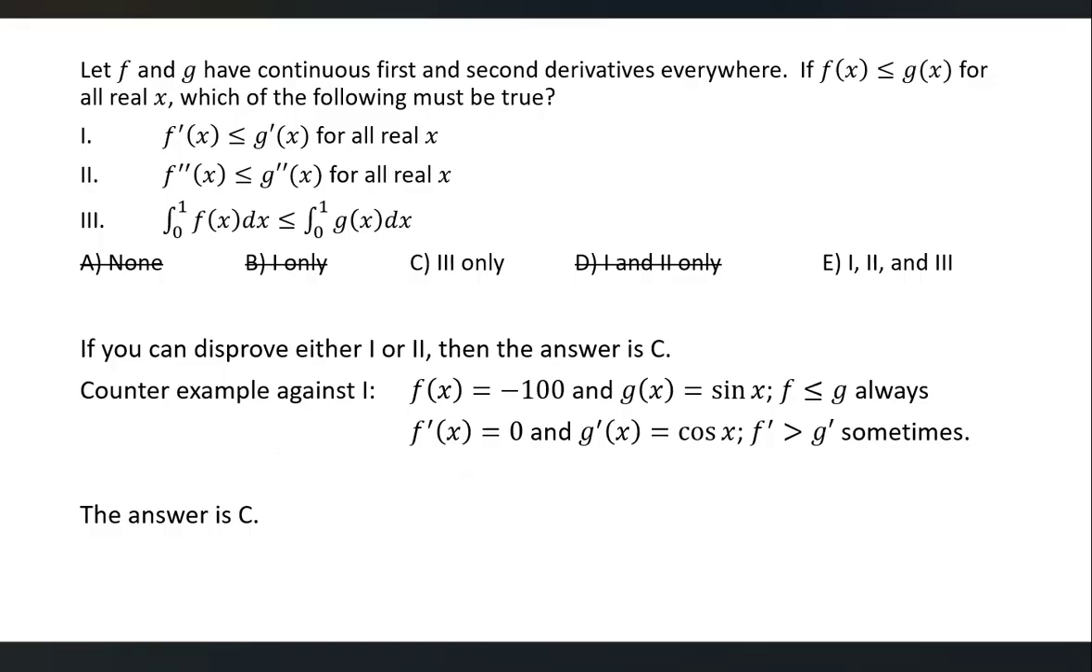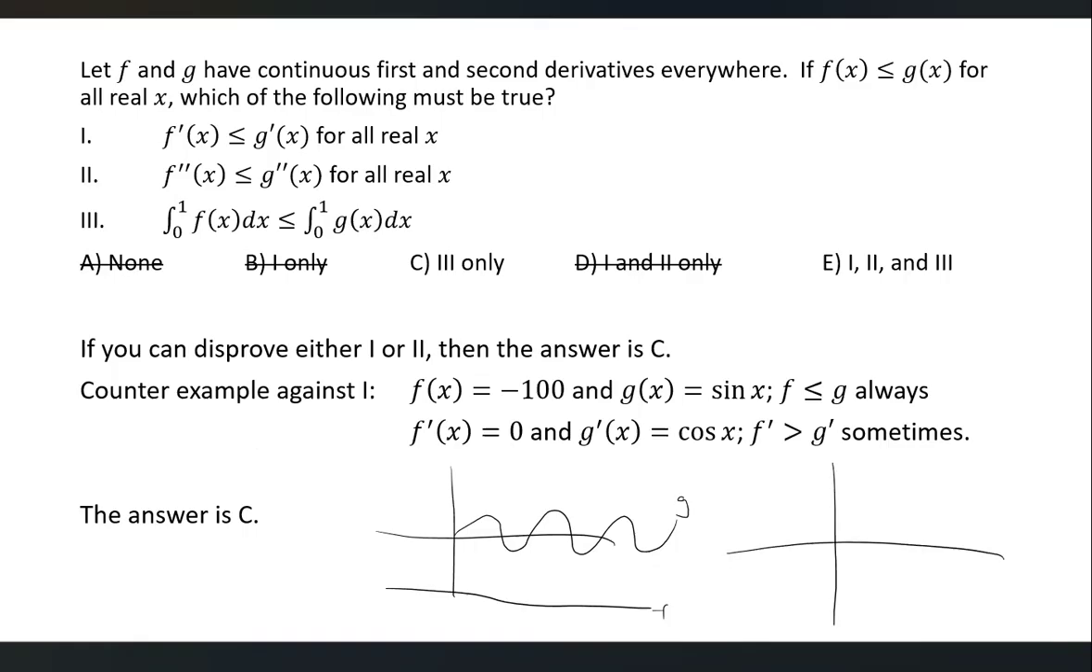Would you agree that f is always less than g if f is a constant, minus 100, so somewhere down here, and g is sine of x, sine is up here? Yeah? So this is f, this is g. So what would f prime and g prime be? Well, f prime is a flat 0, and g prime is cosine. So is f prime always less than g prime per option 1 over here? No, because